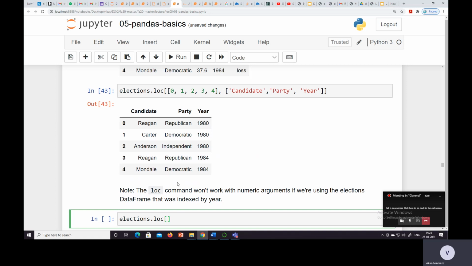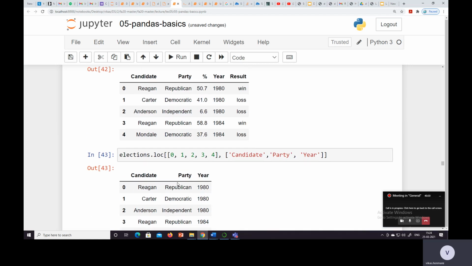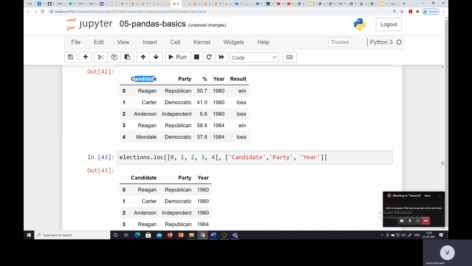Initially we want the column result. The row part we are extracting, and the column part also works on any type of data.